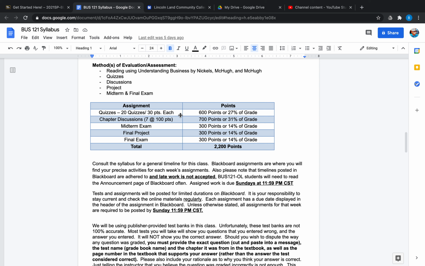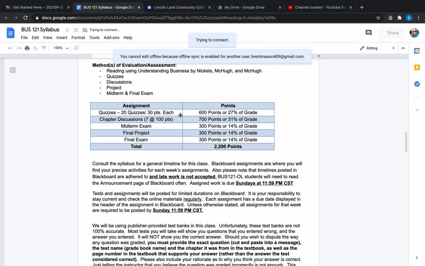So I highly recommend taking all the quizzes, and if you don't get the highest score possible the first time, I would probably recommend retaking it, because there are so many points out there for the quizzes, and it's a very easy way to help solidify you getting a good grade in this course. Generally, those who get a good grade in this course complete all the assignments and do fairly well on them. If you're not going to get a good grade in the course, as I've seen in the past, it's usually by individuals who do not end up